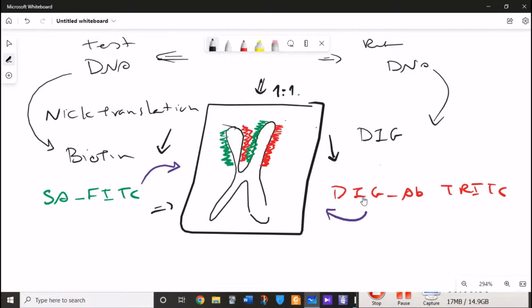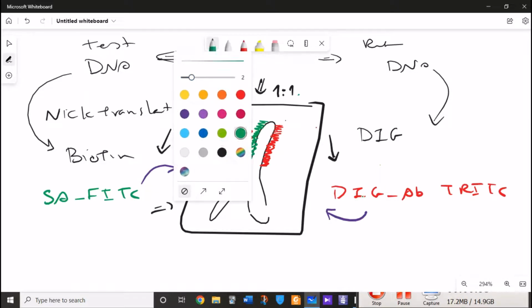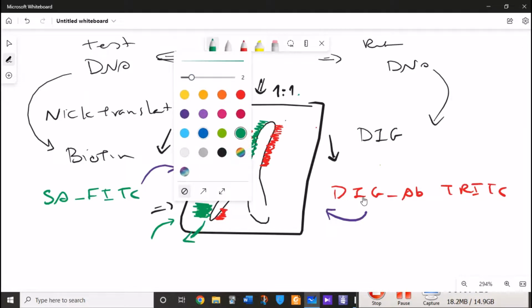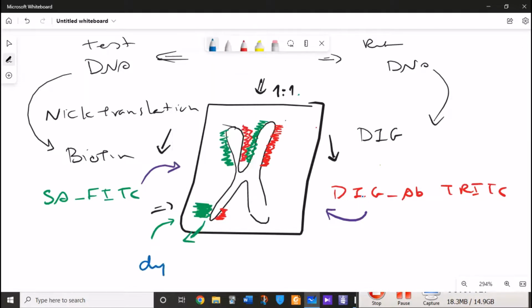Sometimes we might see an elevated ratio of green to red dye. For example, in this region, we have an elevated green to red ratio that is showing a kind of duplication of DNA in this region